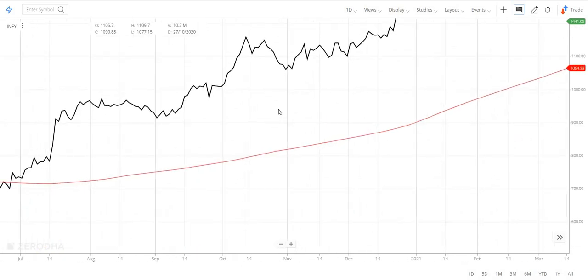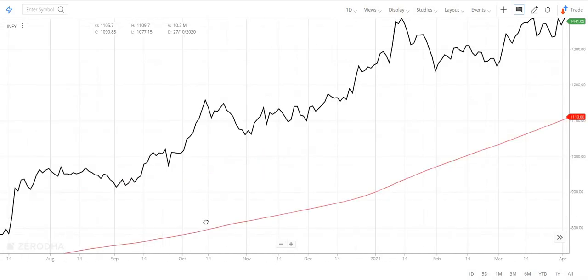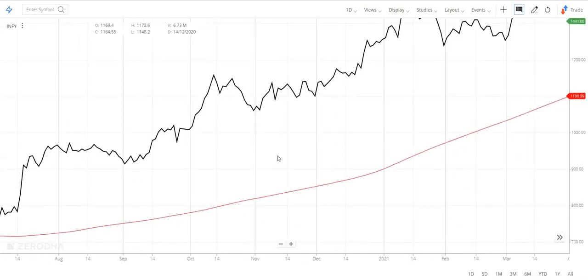Okay, so there is a saying about the 200 SMA that above the 200 SMA is the bull zone, and below the 200 SMA is the bear zone. So if you are a long-term investor, do nothing. The simplest way to invest in the stock market, if you don't know anything and you just want to pick a stock, is to invest in the stocks which are moving above their 200 SMA,